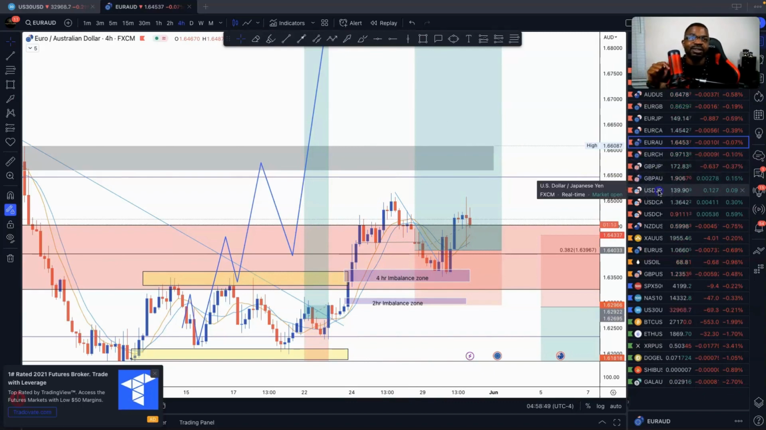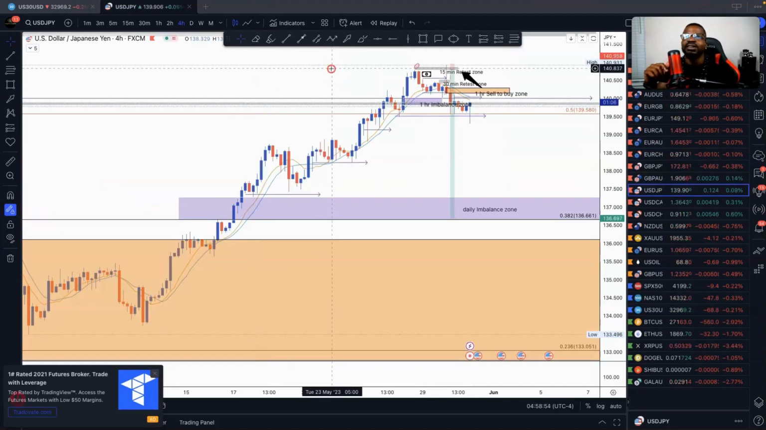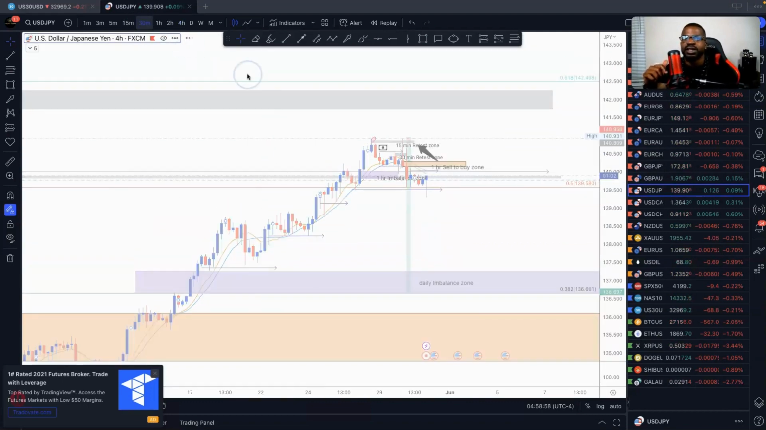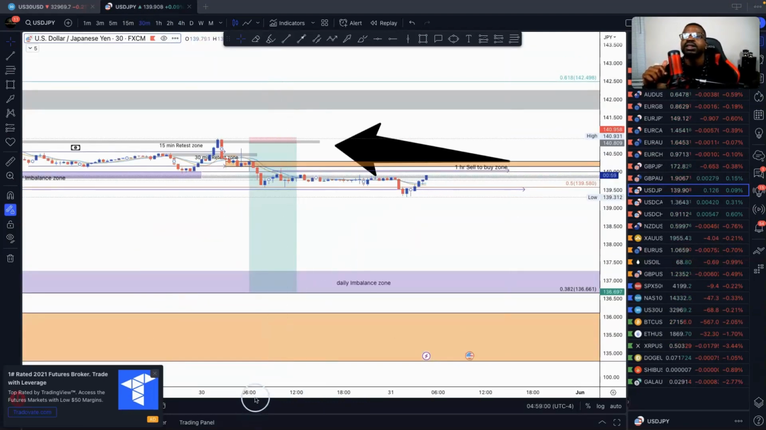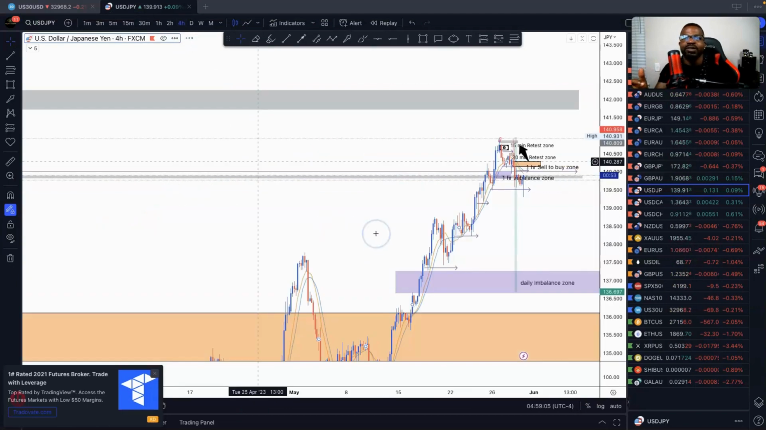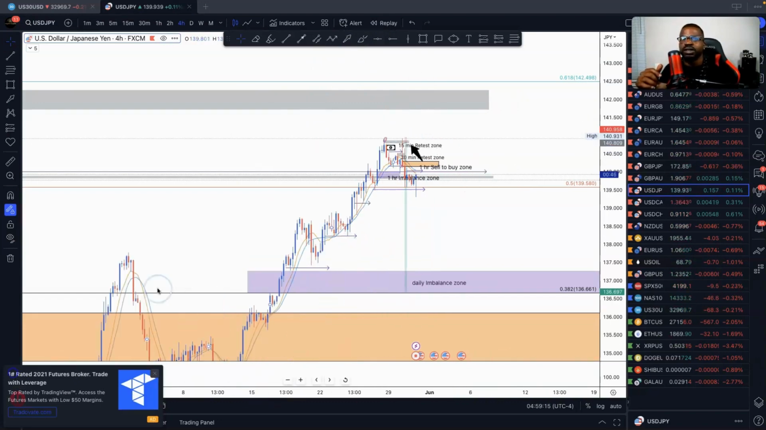Now, as far as this week, you guys, we took a look at USD JPY. Okay. And right now, this is the setup. So on the higher time frame, let me go back. On the higher time frame, I saw that the main trend is moving up. Right here in the beginning of the week, I noticed